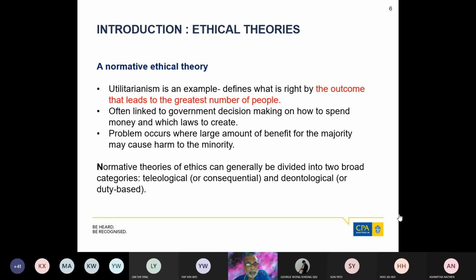So maybe the government needs to consider mandating it. Mandating it means making it compulsory. If you don't, then you are breaking the law. So at the moment, the government hasn't decided. So again, I want you to come back to this idea of